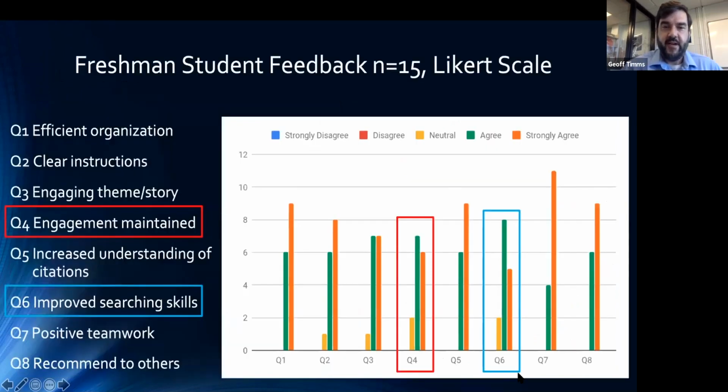A brief survey, using Likert-type ranking questions, and we were thrilled that overall the feedback about the game was pretty positive. We did identify a couple of areas where we wanted to pay more attention as we refined our game, and that was in the area of maintaining engagement and ensuring that students were in fact improving their searching skills across the board, as in all students.